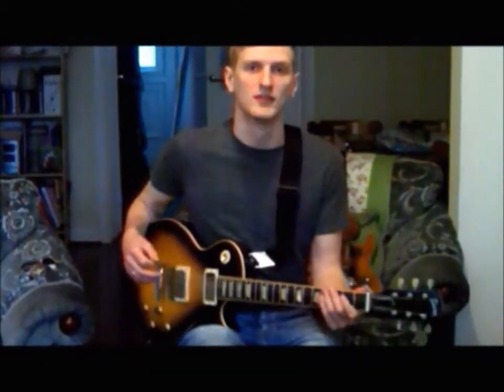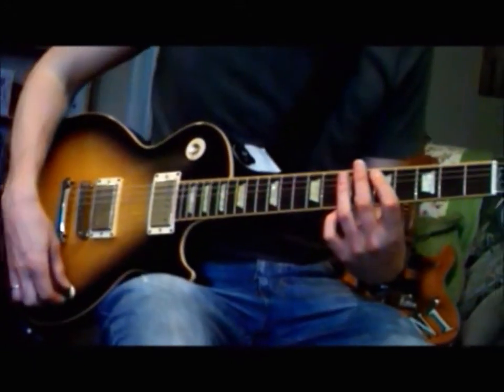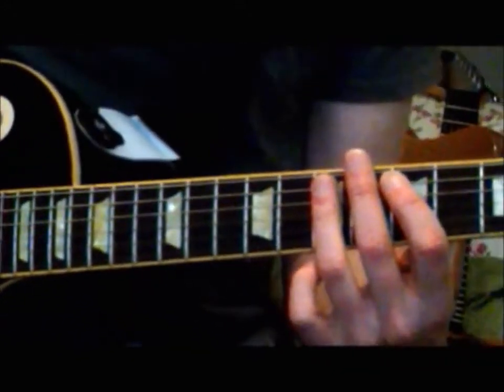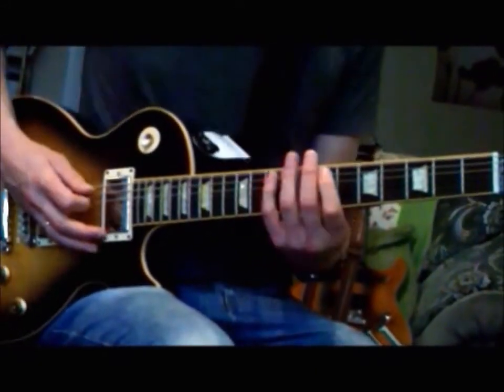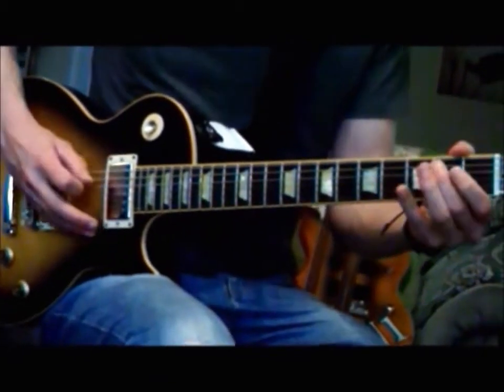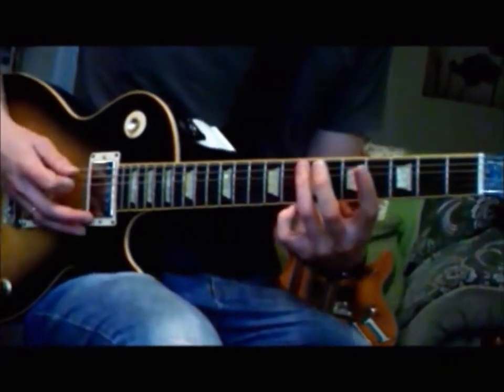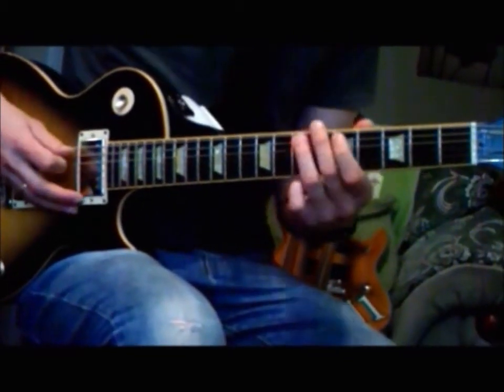So that's your initial riff, and of course what we're going to do is slow that down a little bit as well. So using the E minor pentatonic scale, but rather than taking it in a traditional position like that, we do it starting the root on the E here, okay, and we're going,